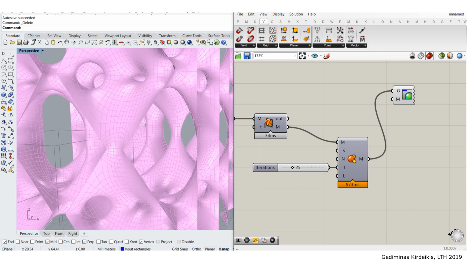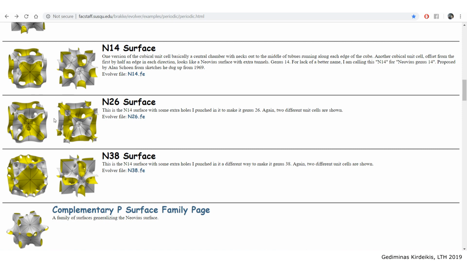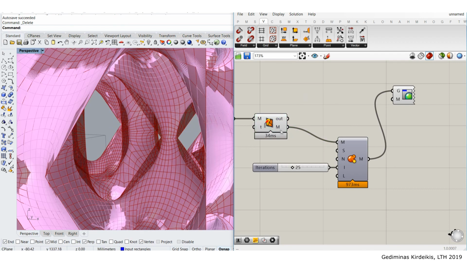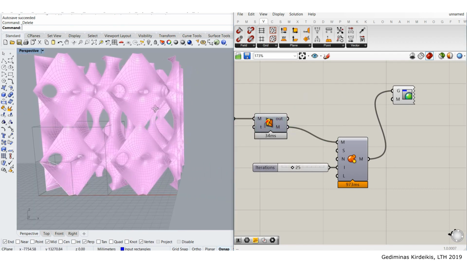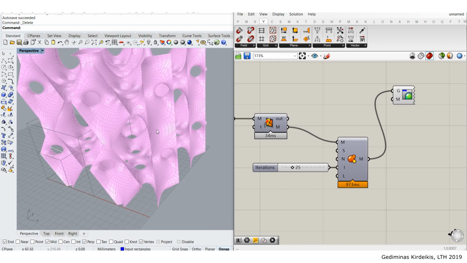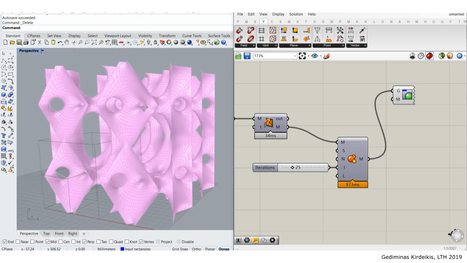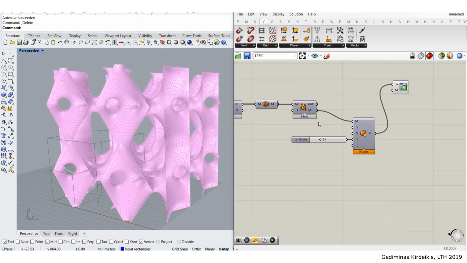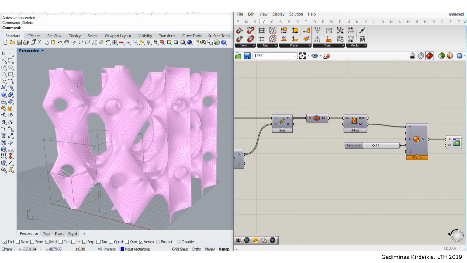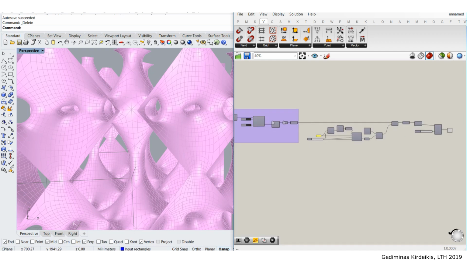And this is way closer to, you know, the gyroid or any kind of triply periodic surface than this, right? This is still not a triply periodic surface. I wouldn't call it that, but this is close enough to be called a pseudo triply periodic surface. So let's stick with that. And the last thing to do with this is to actually see how this whole shape thickens, right? And actually before I do that,